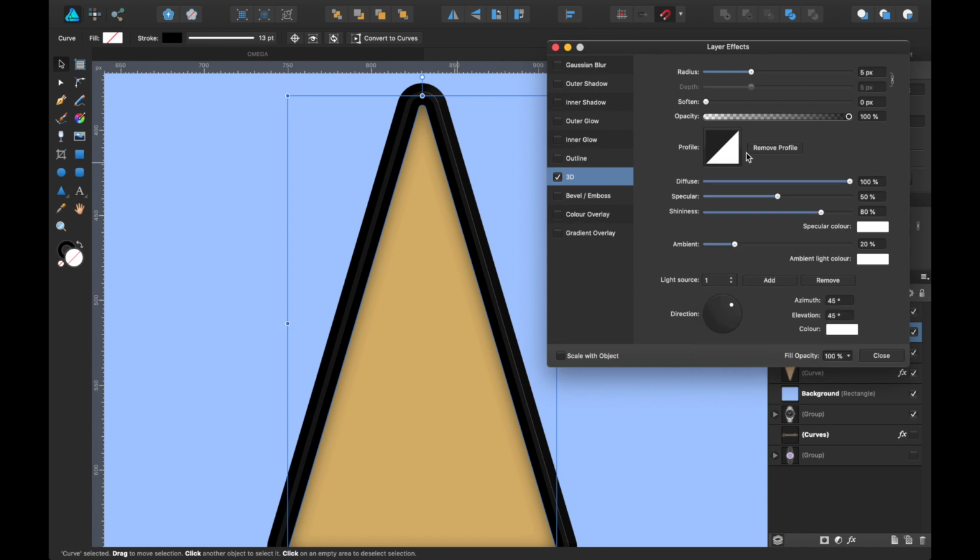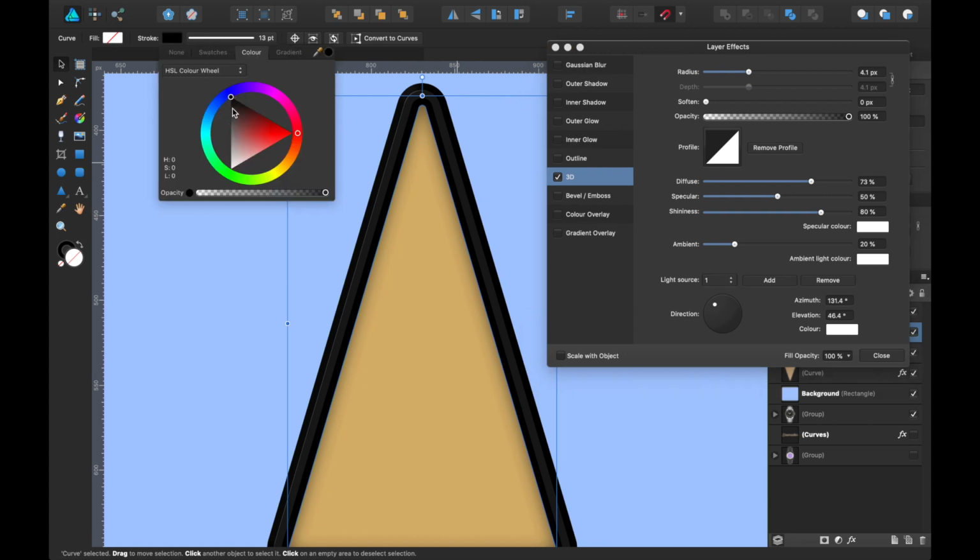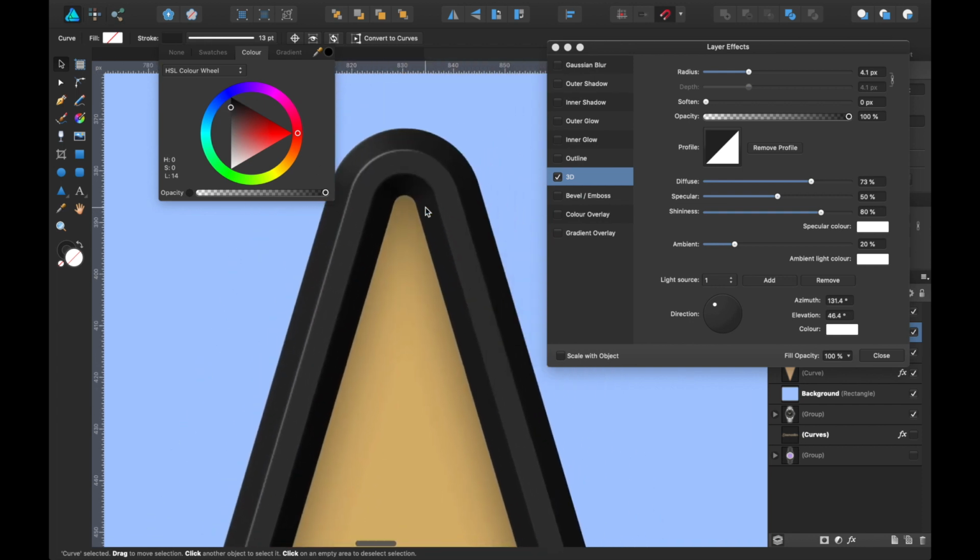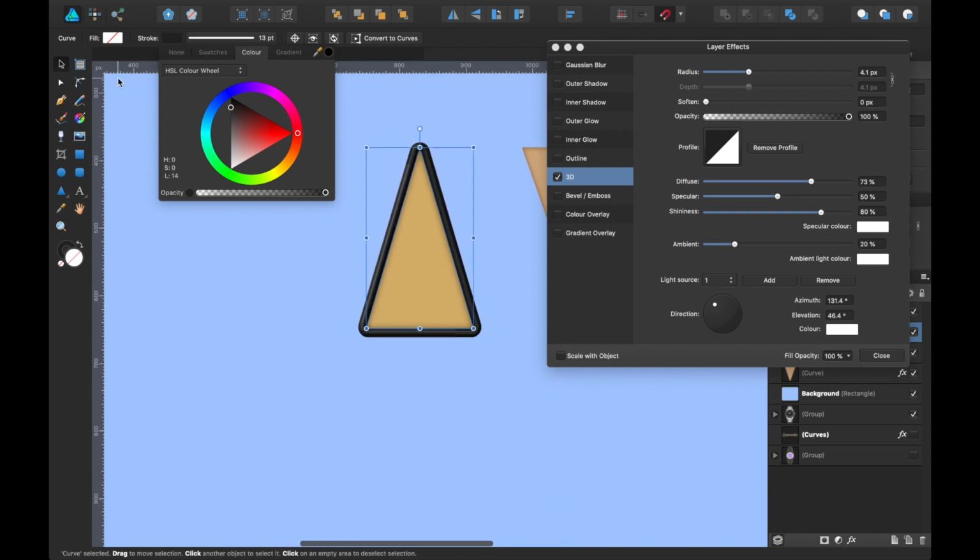And I'm just going to put the radius out a bit more. Let's give it more of a shininess to it, shall we? I think it's from the direction it's making it more shiny. And let's change the color of the stroke, maybe make it a little bit lighter. There we go. So if I zoom in, now you can see we have those edges. The light's hitting it from the top.